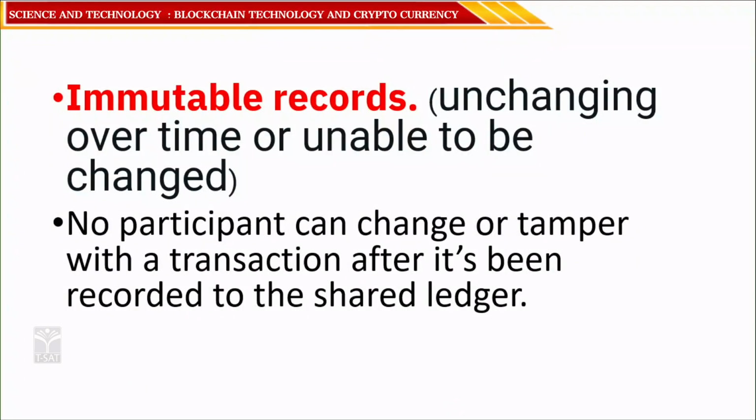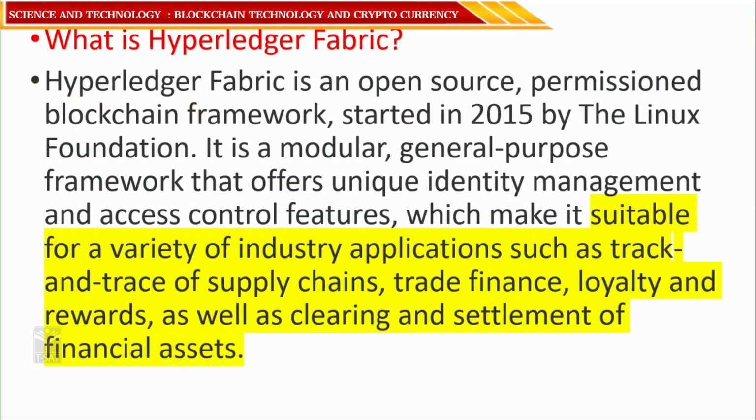Blockchain is an immutable ledger, which means it cannot be altered very easily. That is the reason why it is known as an immutable ledger. Blockchain has been described as a Hyperledger Fabric. So, why has blockchain been described as Hyperledger Fabric? Because